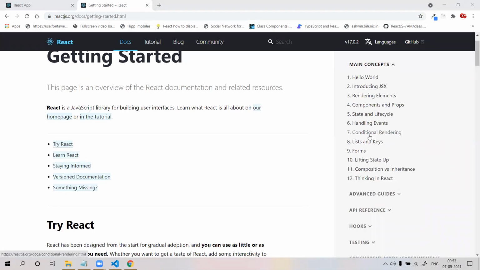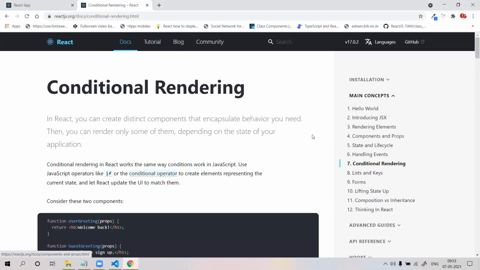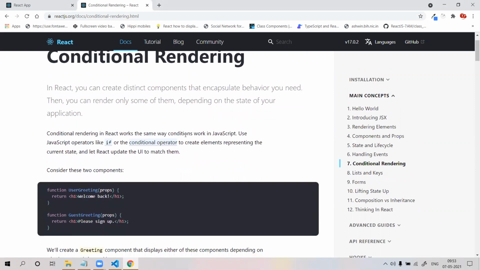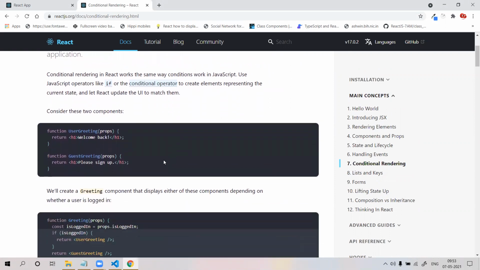Now we are going to discuss conditional rendering. Conditional rendering in React works the same way conditions work in JavaScript. Use JavaScript operators like if or the conditional operator to create elements representing the current state and let React update the UI to match them.